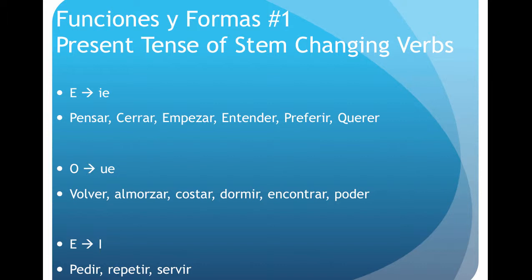Okay, same thing for O to UE. Yo vuelvo, yo almuerzo, yo me acuesto, yo duermo, yo encuentro, yo puedo. Okay? And the same thing happens with the E to I in the verbs pedir, repetir, and servir.